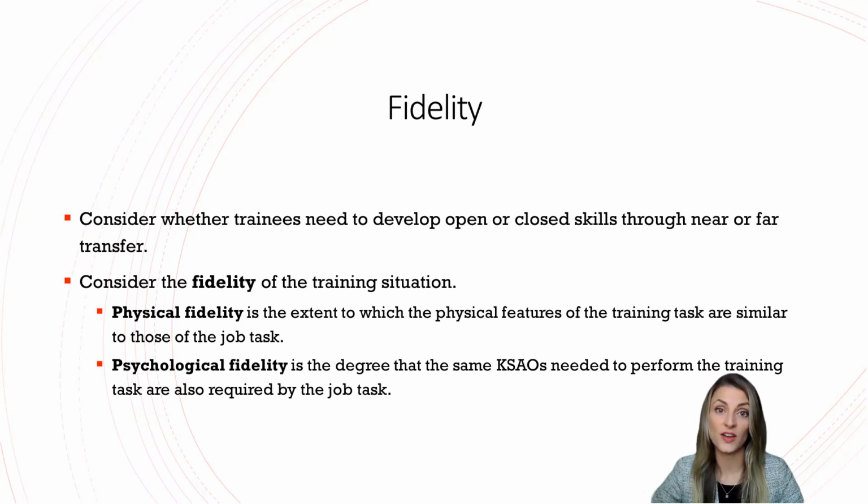Once we've assessed the fidelity of a training situation, we determine whether each outcome attempts to develop open, closed, or both types of skills, and whether transfer is near, far, or both. Based on our assessment, we would then use some of the evidence-based strategies we learned about in the previous module